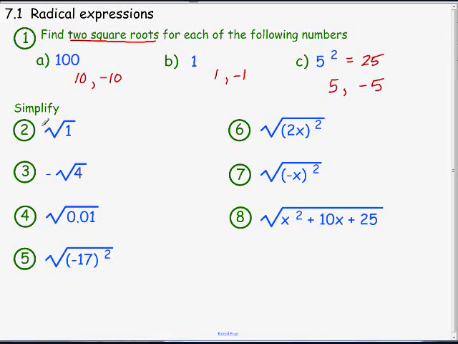Simplify this. Now notice this is already talking about one of the square roots. Which one? That's right, the principal one. So in this case, we're only talking about the principal square root of 1. In this case, we're looking at the negative square root of 4. So that's going to be a negative 2. In this case, we're looking at only the positive, the principal. Principal square root of this would be equal to